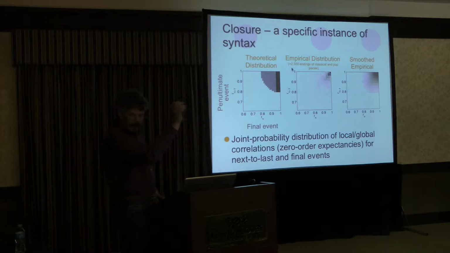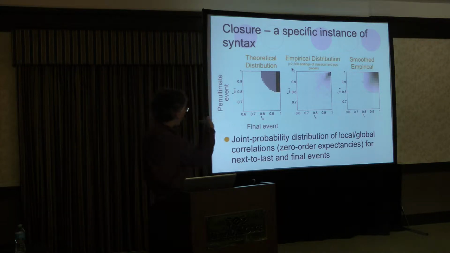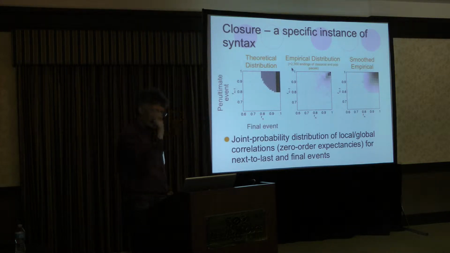We just took ripped CD tracks, 2,300 different pieces or movement endings from classical and pop genres, basically from my CD collection. We ran those all through the model, and we looked at this transition probability between the next to last event and the last event, and you get this empirical distribution that's smooth here. Anyway, we can now fit